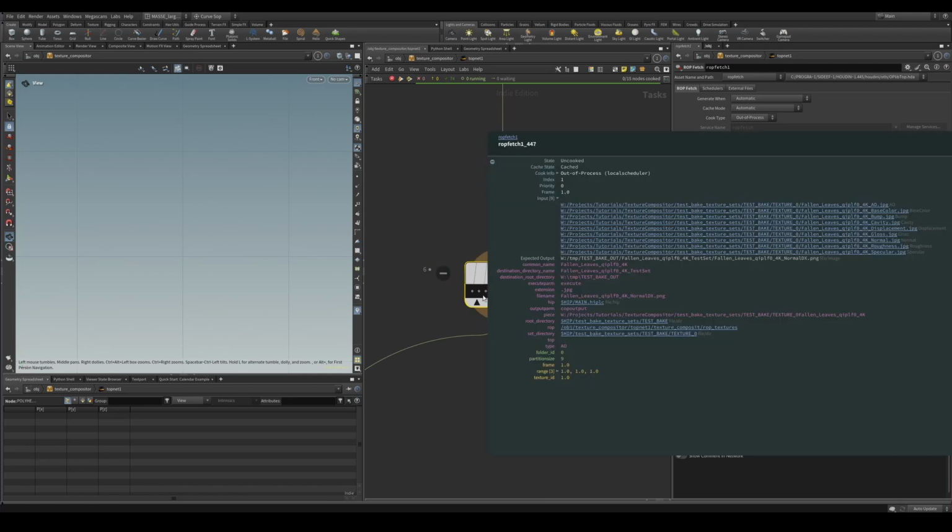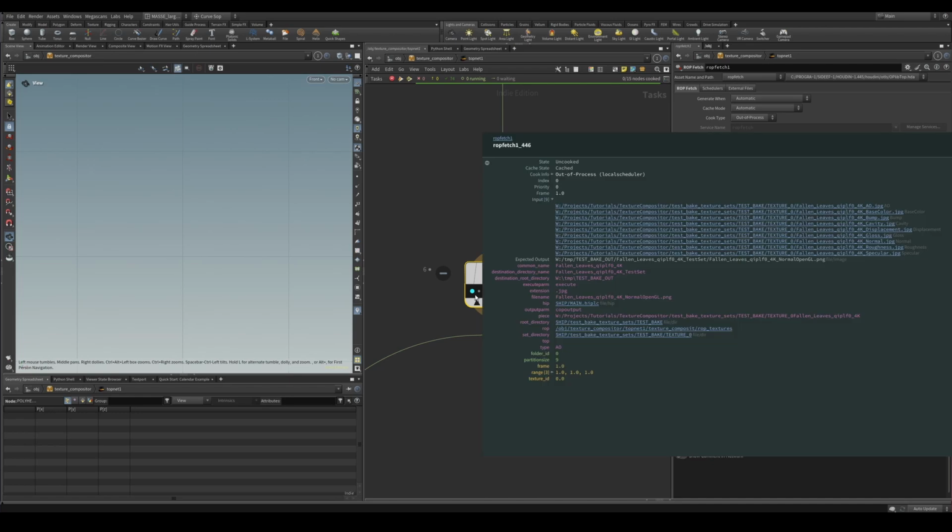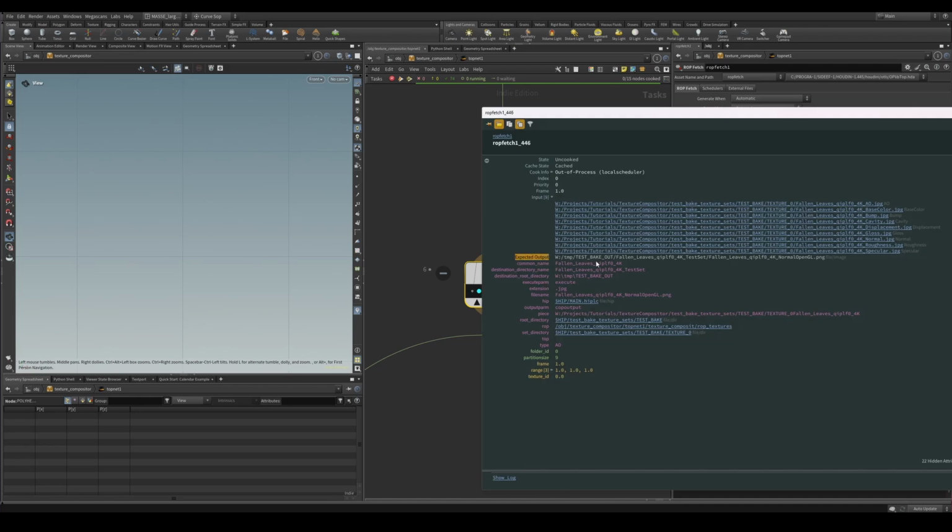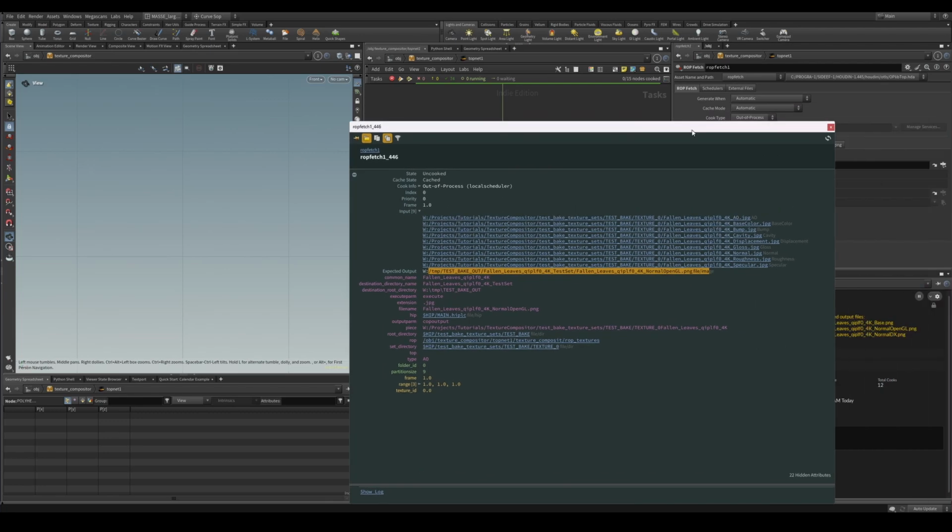Generate node is going to predict the output file from this cook, and it says that the expected output is my new texture, and where it's expected to render out. This doesn't mean it's going to render out 100%, but since we have set it all up, it should render out everywhere, every time, and this is the expected output that we can reference further down the